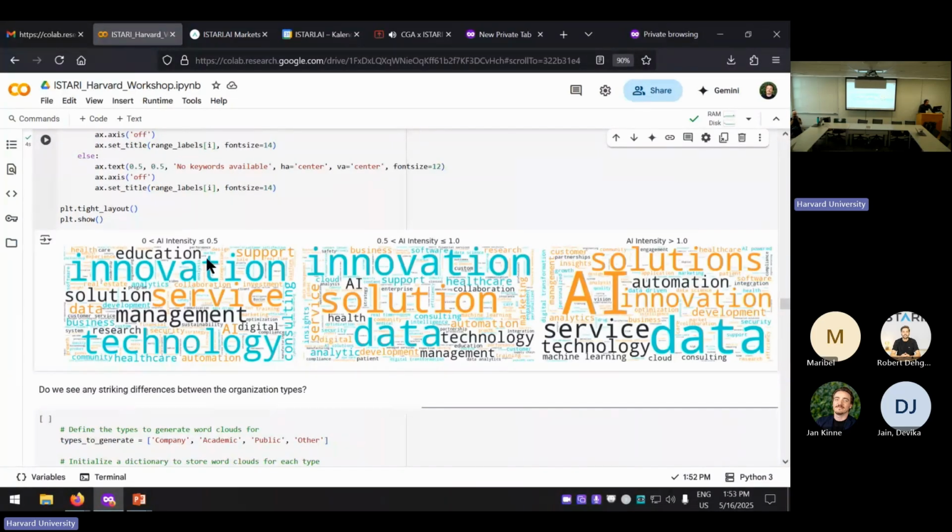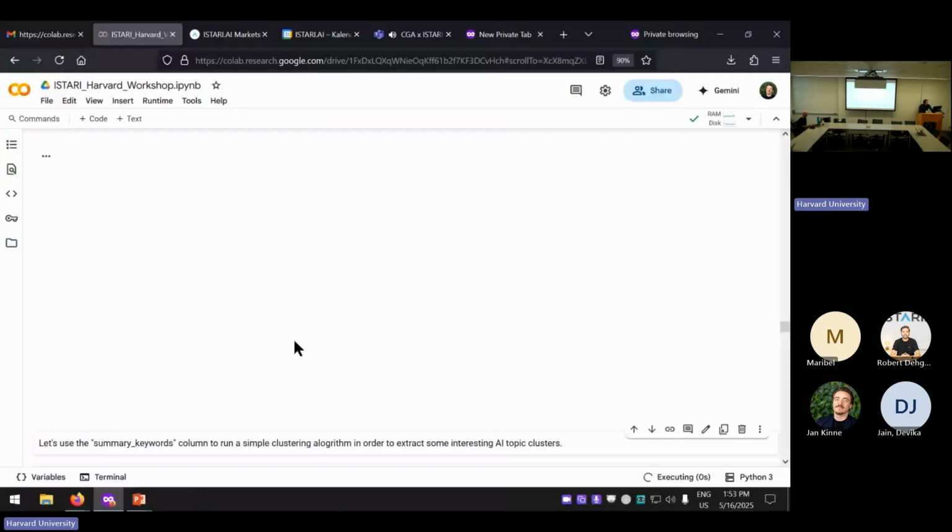And in the low category, it's about education, also innovation, solutions, services, management, business, technology, healthcare, automation. Gives you a little bit of a feeling, but I would say it's pretty fuzzy still. So I guess we have to get a little bit deeper into that and instead have a look at the